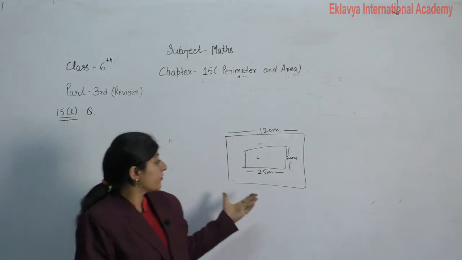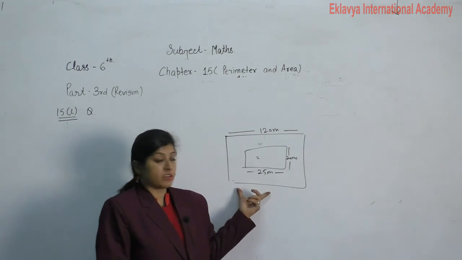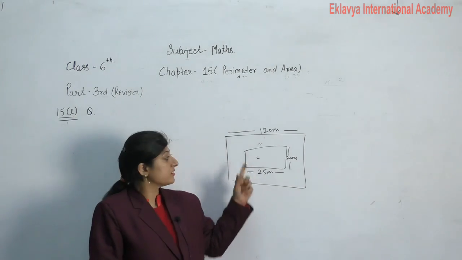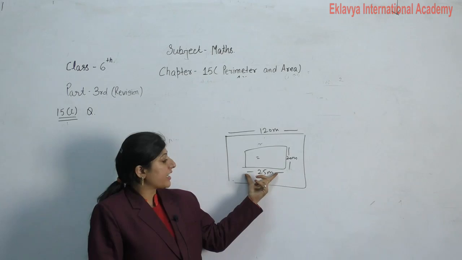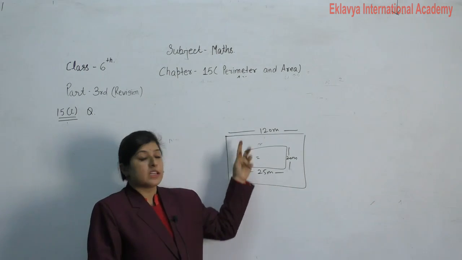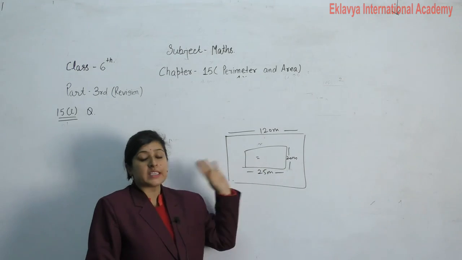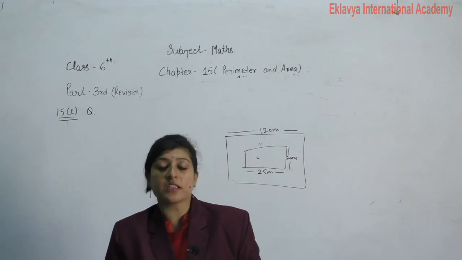It is the same type of question. Firstly, you find out the area of this park, that is a square park, then 120 into 120, and then find out the area of the swimming pool. Then what is the area of picnic ground? That is area of park minus area of swimming pool. Then you can find out your result.